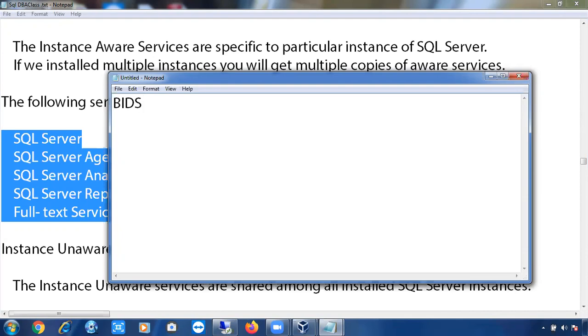The client will specifically mention, I need SSIS for this server, I need SSAS for this server, I need SSRS for this server. If the client mentions that he needs any specific services like SSAS and SSIS, then only we have to select that feature.